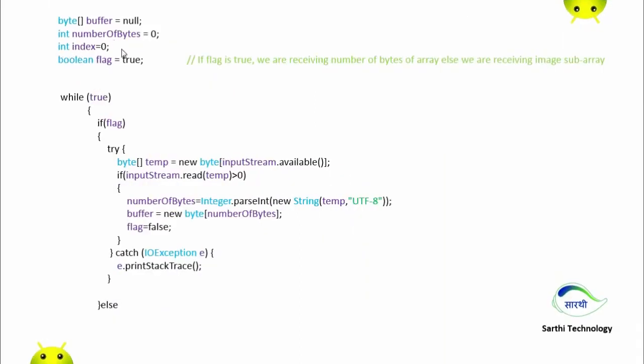Now this is the receiver side. So here on the receiver side we will create an array of byte, that is buffer, and an object of integer, that is number of bytes, an integer that is index, and a boolean flag, that is true. So this flag is, if the flag is true, we are receiving the number of bytes of the array, else we are receiving the array. So this while loop will run for infinite time because we are always ready to receive